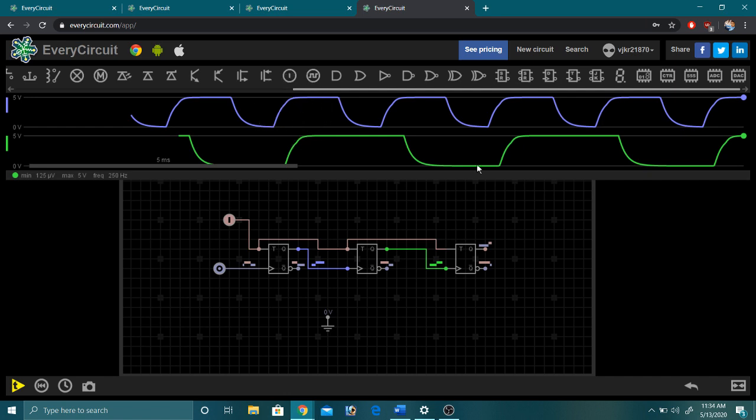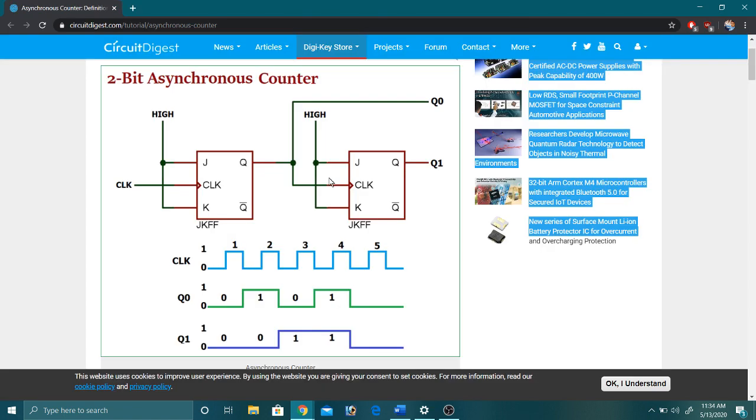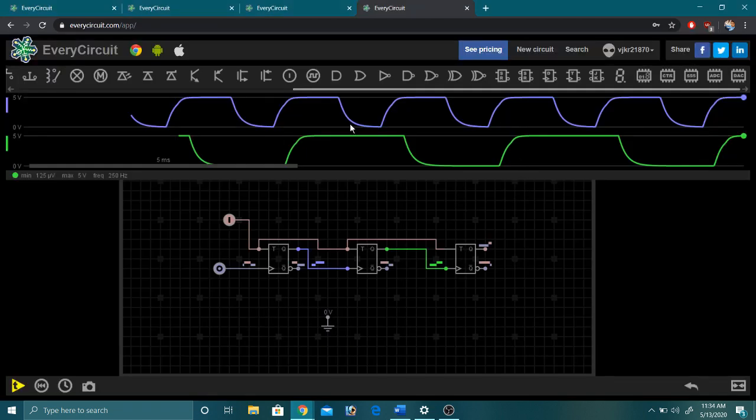Okay, so this is the way we are going to count 0 0 0 1 1 0 1 1. Though we are saying here 0 0 0 1 1 0 1 1 from left to right, on this waveform we are getting from right to left as a down counter.